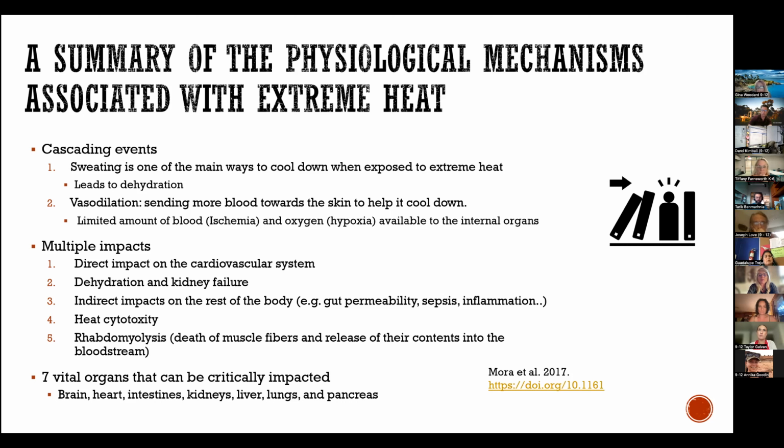First of all, that will lead to a very high activity of the cardiovascular system, because you need to accelerate your circulation to have as much exchange between your blood and the skin. So that's the first process, and of course you will lose a lot of water, and that's the idea. The main reason for which we sweat is to evacuate heat, so just to cool down. So if we don't drink enough, and